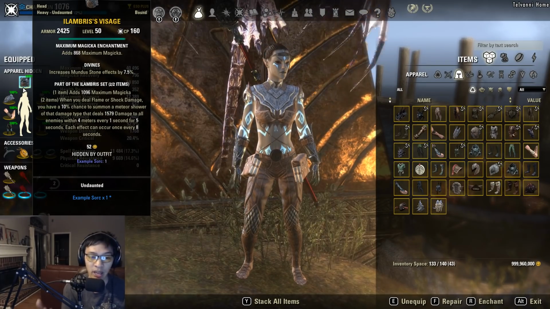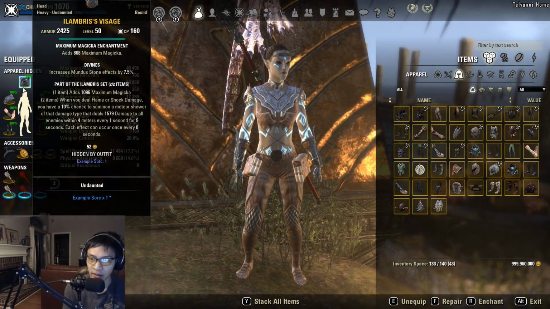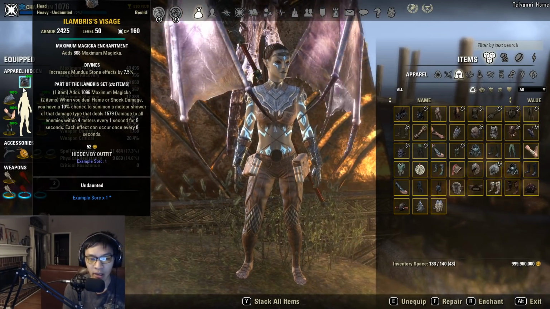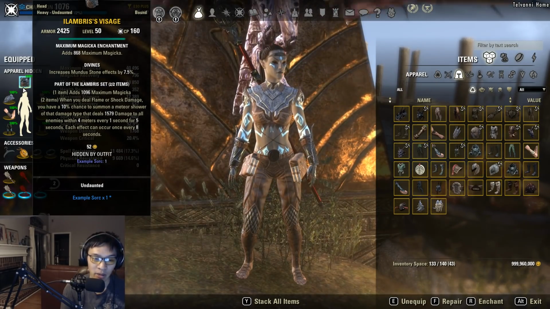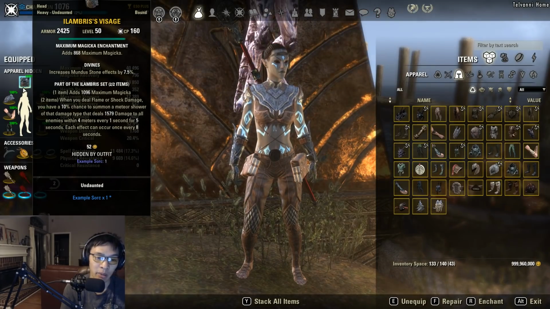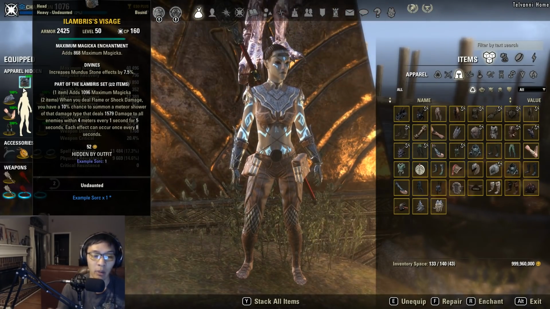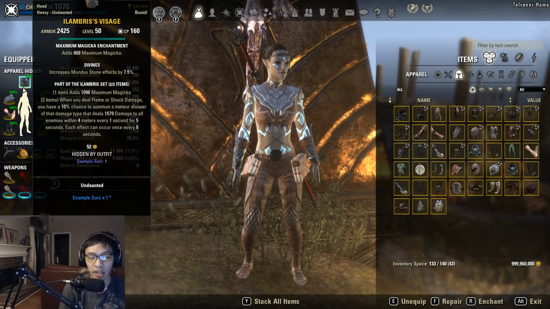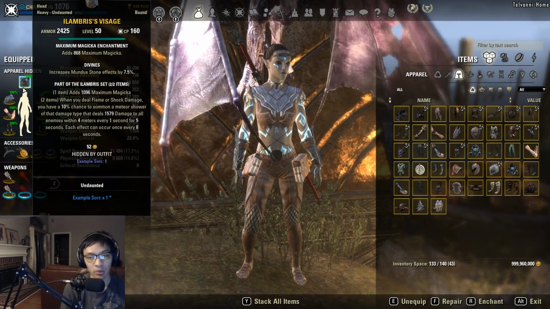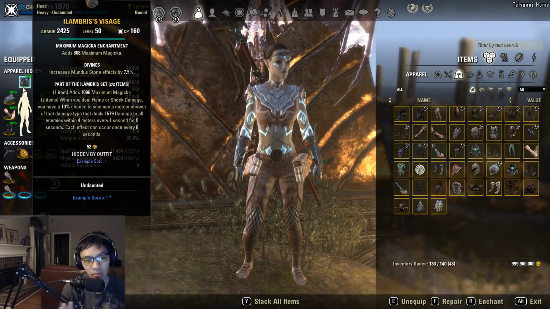As a Sorc, we're doing a heavy attack build, so we have plenty of shock damage from liquid, in this case lightning flood, as well as our heavy attack, and then we're also getting some flame damage out because we are using a fire staff on the back bar. So we have Blockade of Fire, and we also have a fire glyph as well to help proc that flame damage enchant. So Ilambris is a really strong set to use here because we're able to proc both damage procs